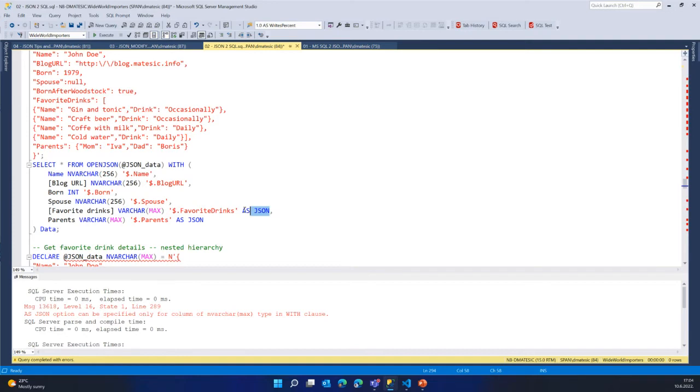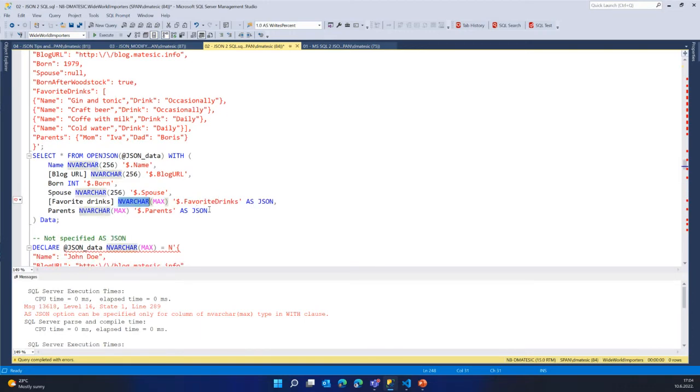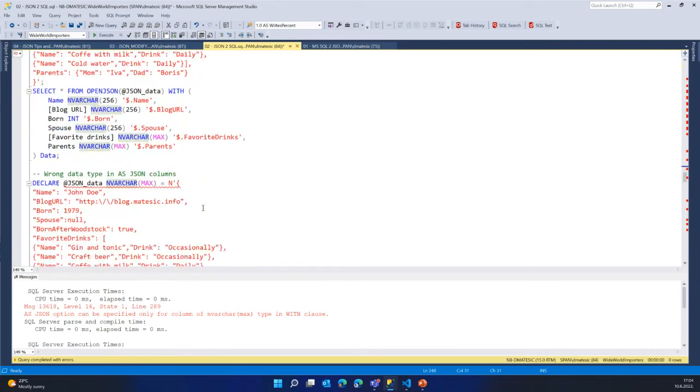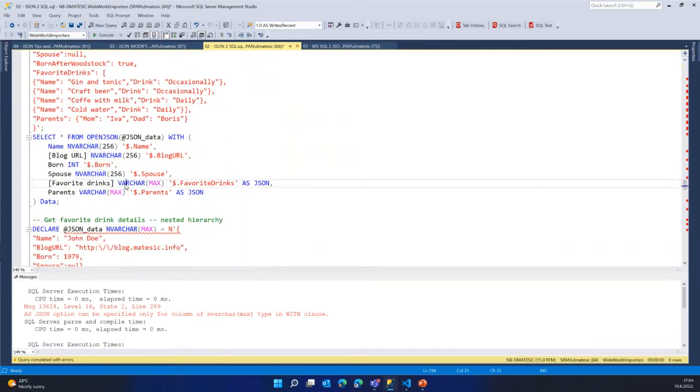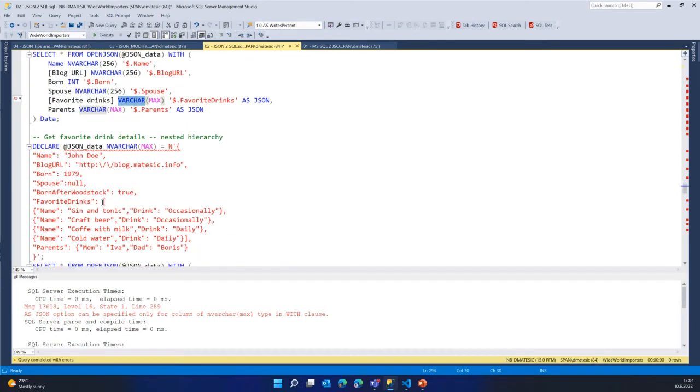As you can remember, I was using the correct result, and here I get the exception because I was using only varchar. Okay,